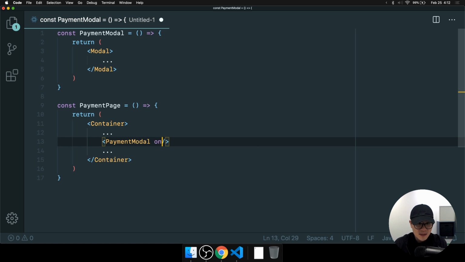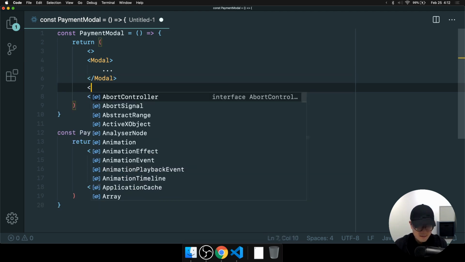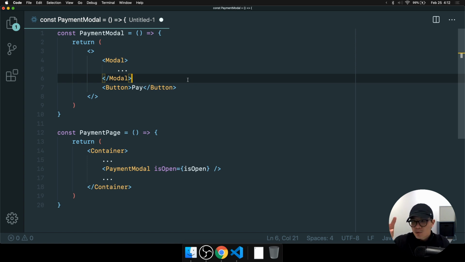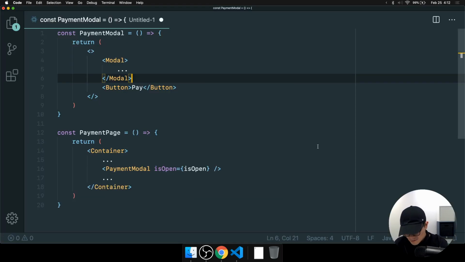And now you can do something like is open based on reasons. And inside here, let's pretend this is a fragment, right? And inside here, there is a button, pay. So the button and the modal are bound together, and you have a singular experience for your payment modal. And you would construct all these various modals perhaps throughout your entire application. You don't just have modal, you may have alert modal, payment modal, creation modal, or whatever for your use case. And through doing this, you may find that you could then use your pre-constructed payment modal in multiple places,